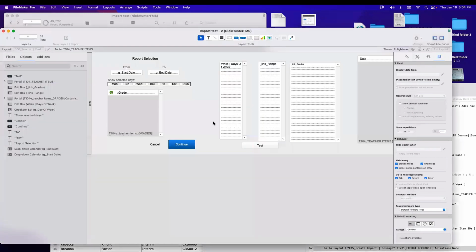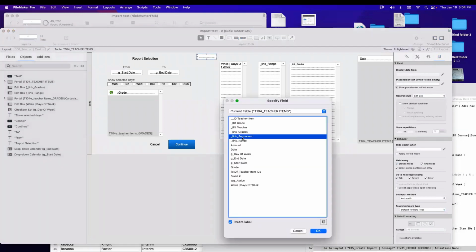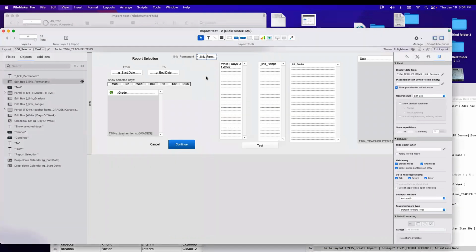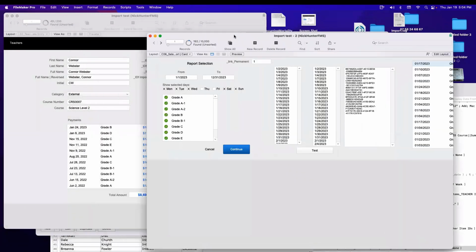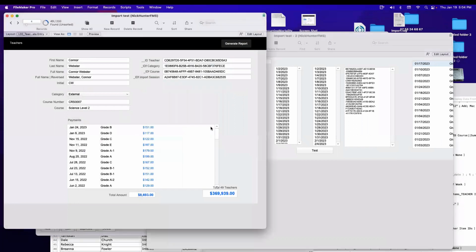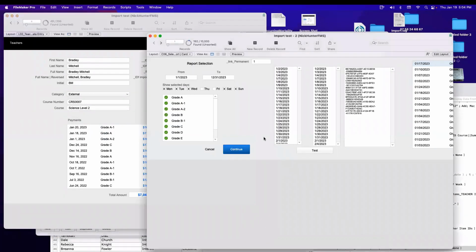And of course, this link permanent here, I need to put a 1. I need to put 1 there. Remember, because that's the Boolean stuff, right? So I have 1 here. And if I do exactly the same test, and I test it, boom, I have only 5 people